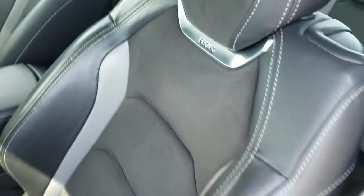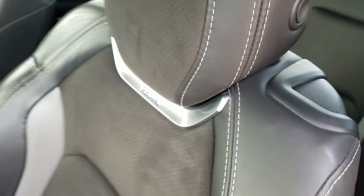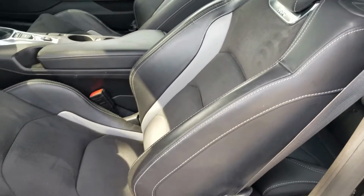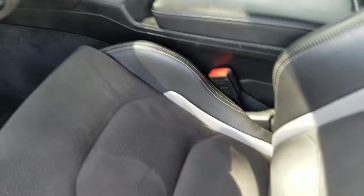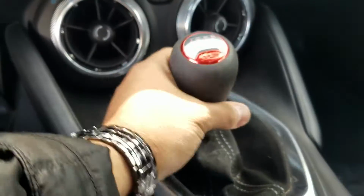And then over here you have the Recaro seats. These seats are very expensive. Everybody wants these when they buy a Camaro, and they're only available on the 1LE or the Z01. I love them because they got the leather on the side and then the suede on the inside. And then in here you also have the suede steering wheel, suede shift knob,